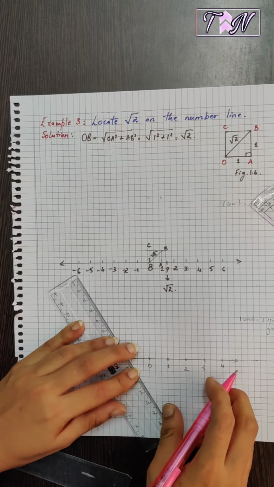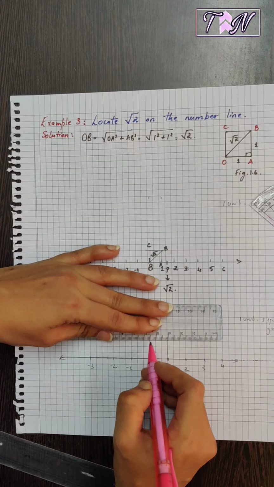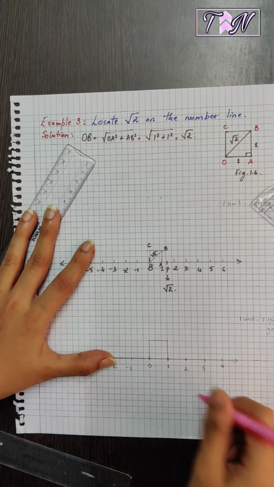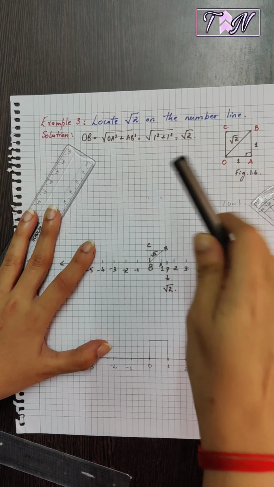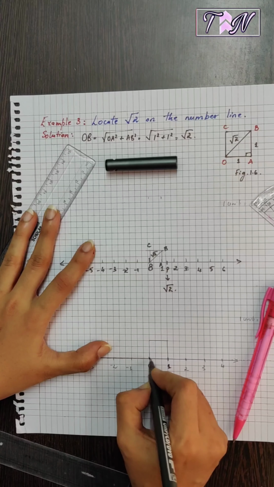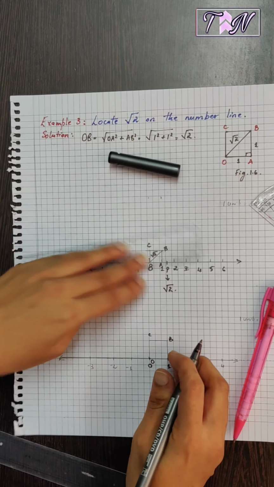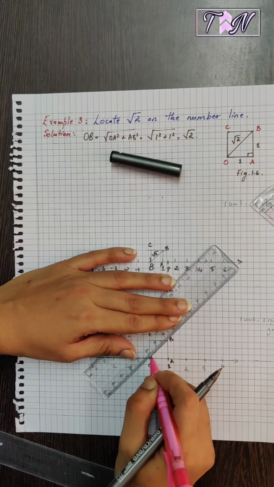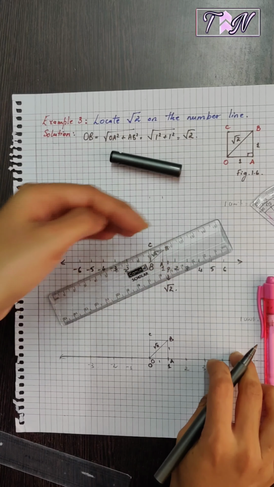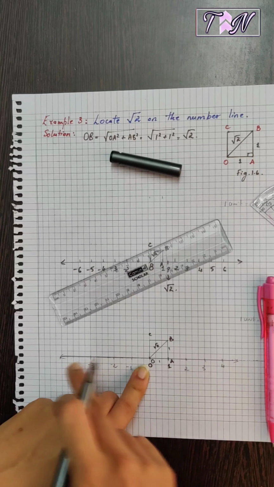I'll take 3 square grids as the unit square over here to form the unit square. So this is your 0 on the number line, this is 1. Starting from 0, I have O here, A, B and C, and if I join OB, this is 1 unit, this is 1 unit, so this will be root 2, right? We have to make sure that the O of this figure coincides with 0 of the number line.